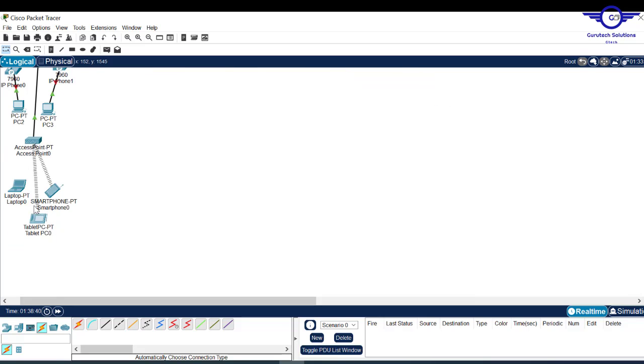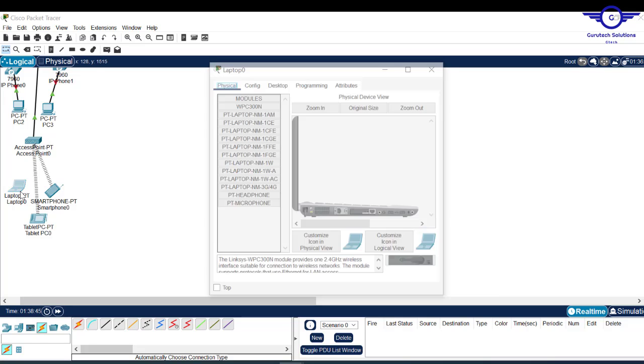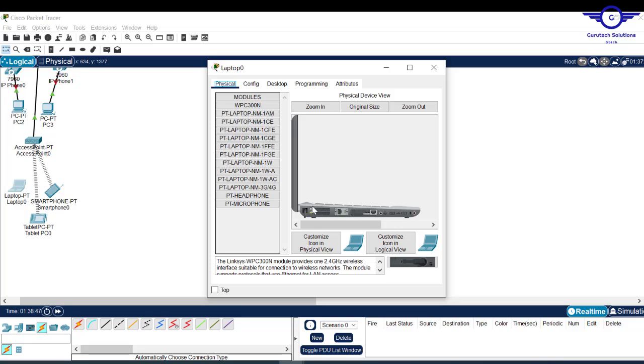Okay, so now for the laptop, the Packet Tracer laptop doesn't have a Wi-Fi card by default, so you just have to insert that module. Turn it off until the yellow icon is gone. Then drag out that module until you see here is black. Then drag in the WPC module. Okay, then turn on the